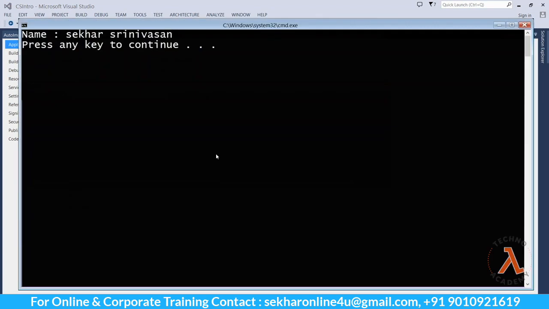We can observe the same result, Name: Shekhar Srinivasan, has been displayed. Now we might get a doubt that if I write the class Name using two public strings, that will also show the same result, right? So how do I accept that the last two programs are internally the same? So let us observe that also in detail practically.